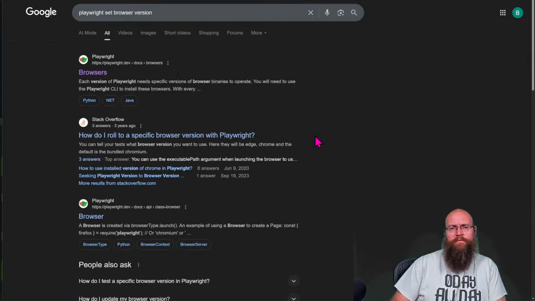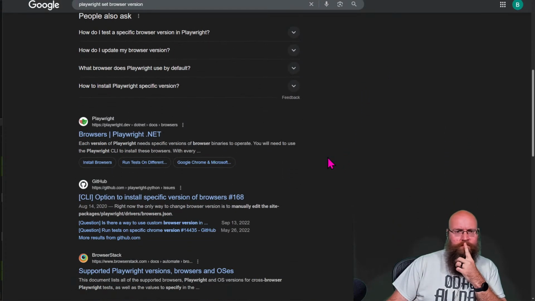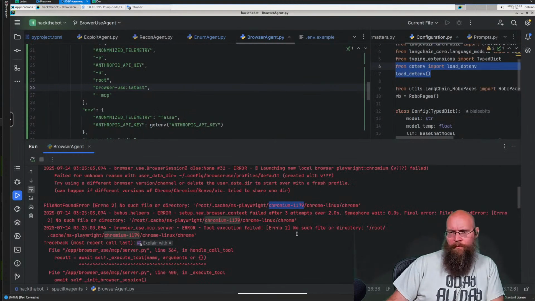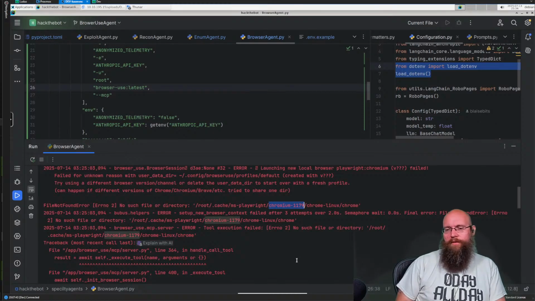Browser version. And this is all the way back from 2020. So it sounds like there's a mismatch here between what Playwright wants versus what's being installed by the Playwright install command.